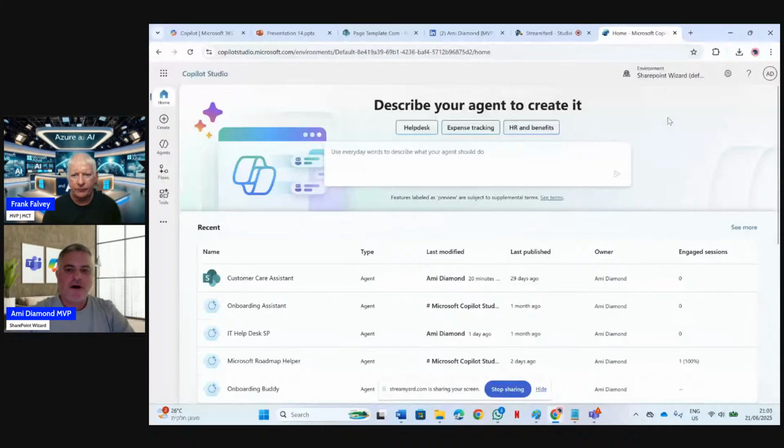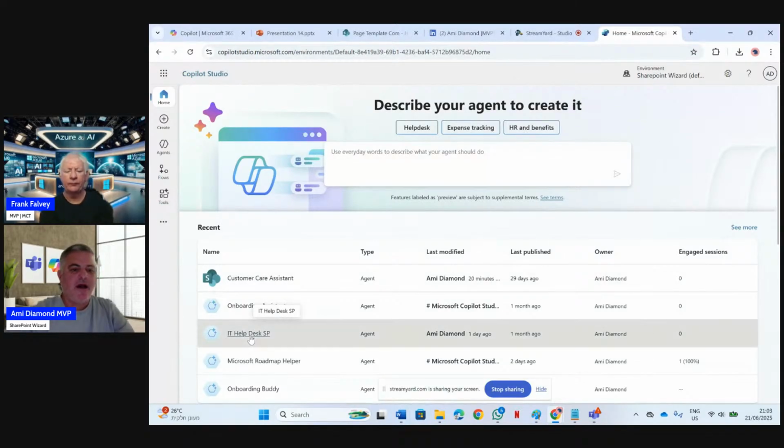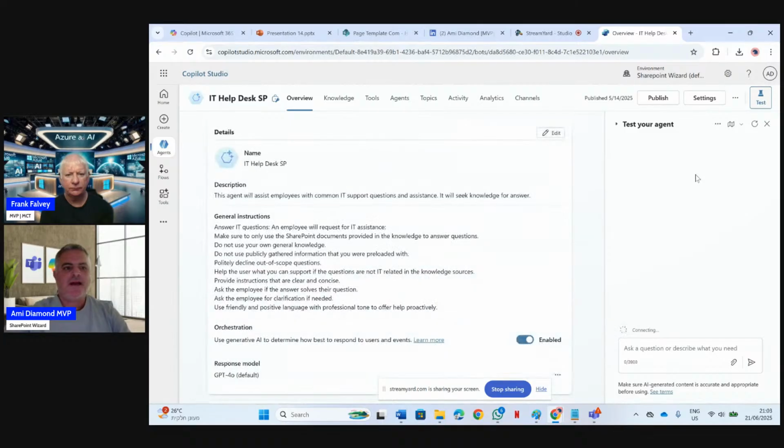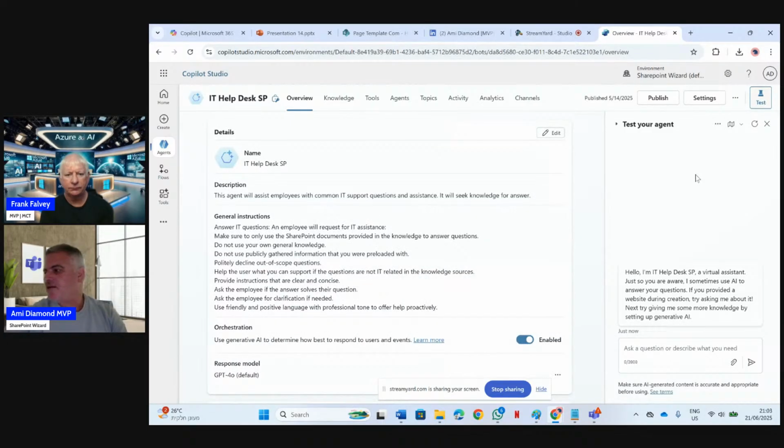The new functionality that just appeared, I don't know if everyone has it, is actually that multi-agent orchestration. And the idea is that instead of having an agent separately for each task, you can actually have multi-agents that you can combine within one